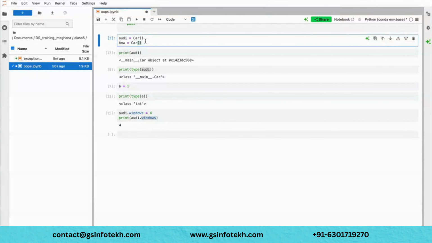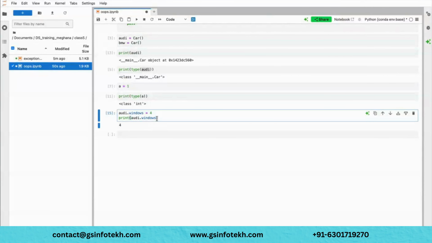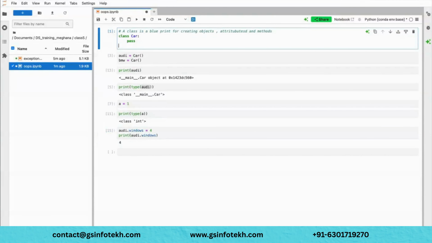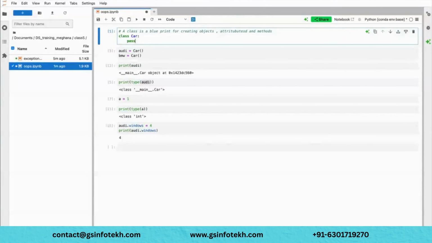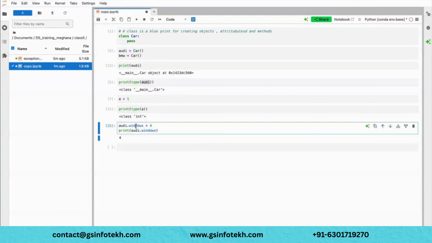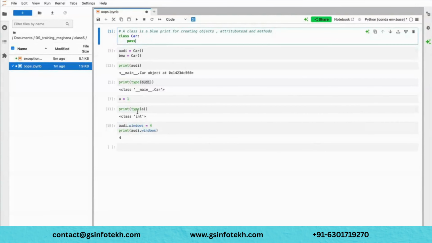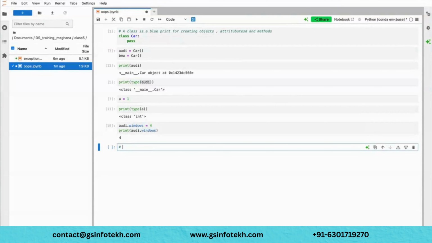So this is just the basics of the class, and how do you call the class? How do you access the class? You can access it by creating objects. And how do you get the attributes in the class? You can use the object and follow it with the attribute name, and then you can get the values. You can also call a function in a similar way. Let's say we have a function here, how do I call that? You can access it by using a class object. This is the basics of the class and the object.